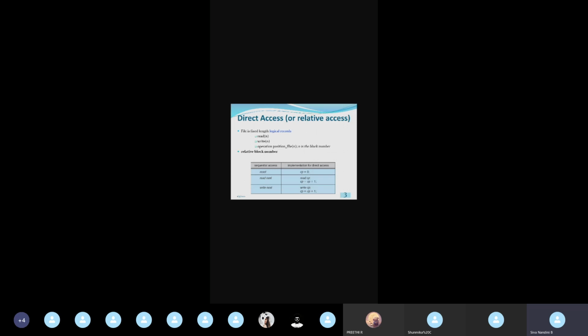and direct access. Because some locations or some blocks in the disk storage may only have sequential access or may only have direct access. And some locations may have both the sequential access and direct access. Our disk storage is common. What did we see in our previous case? For editors and compilers and all, we will be using sequential access only. Okay. Editors, compilers, what are we going to use? We are going to use sequential access.